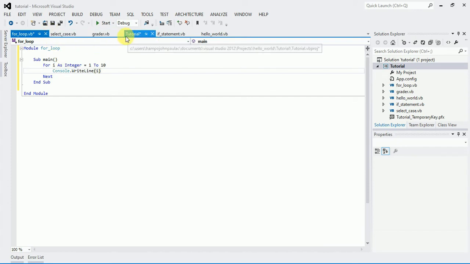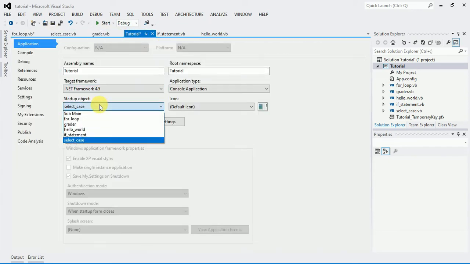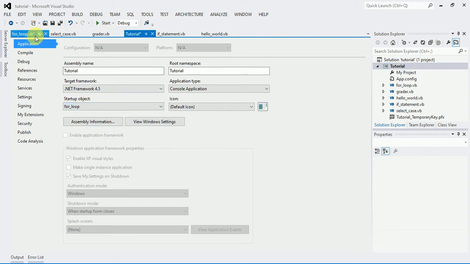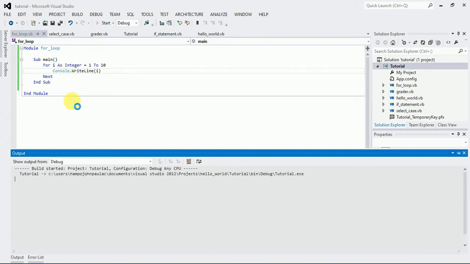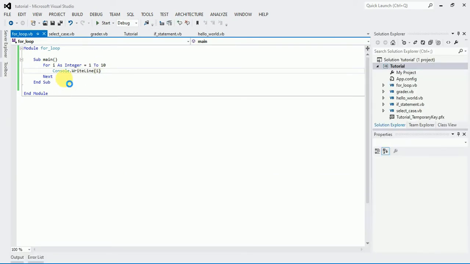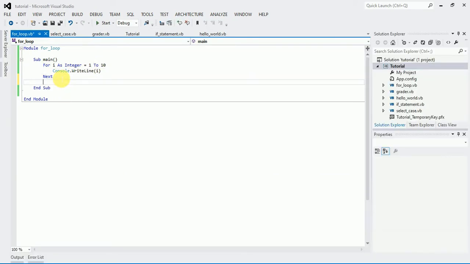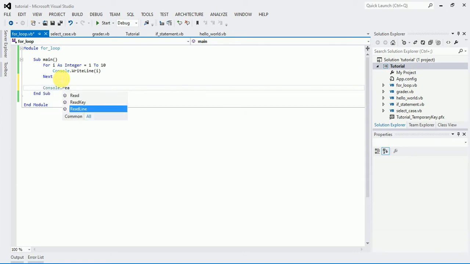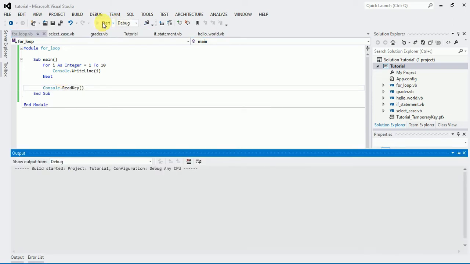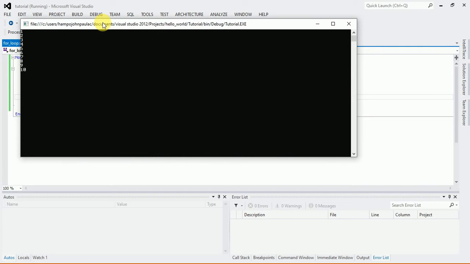So remember, I have to change this from select case to for loop. Then I can run my program and see, okay, it will run very fast. I've forgotten to add something again, which is Console.ReadKey. Just after the Next, I can add Console.ReadKey, then I can run this, so I will be able to see my numbers written down from 1 to 10. This is just a simple way